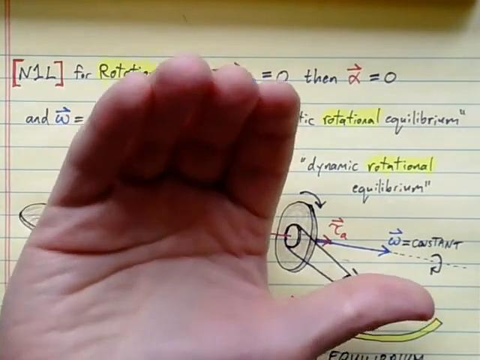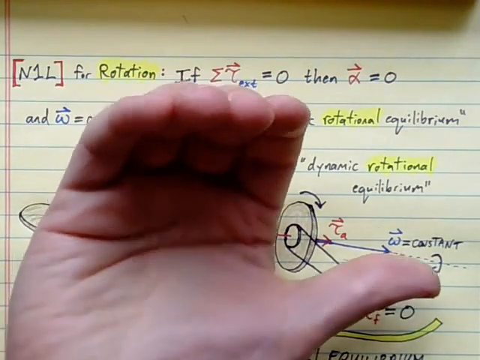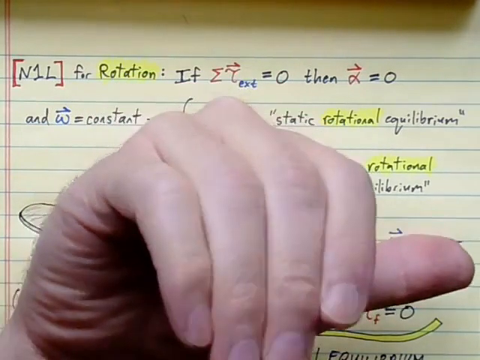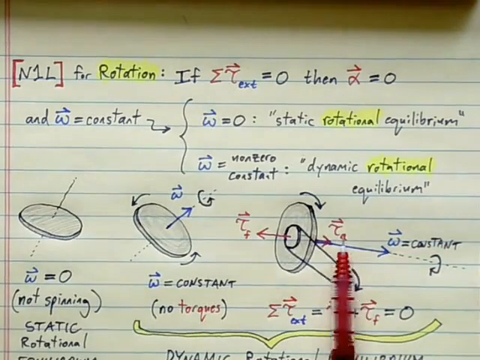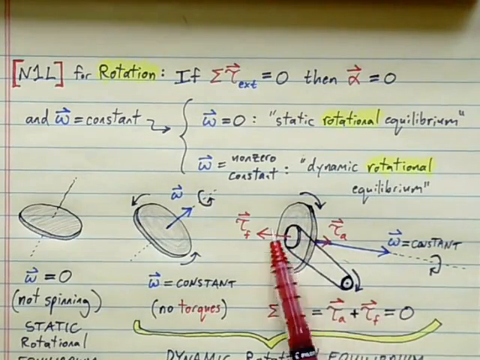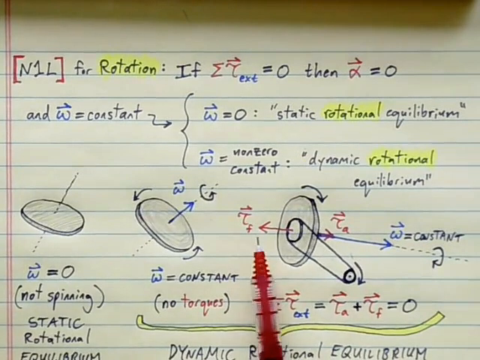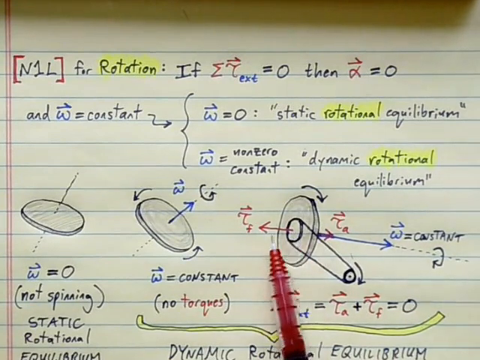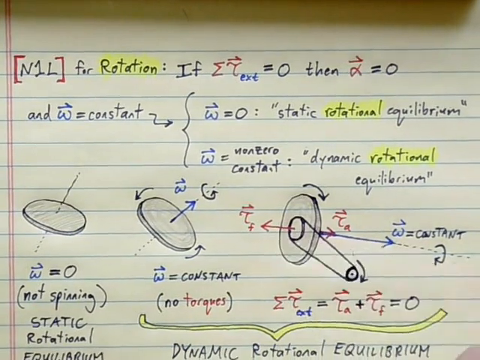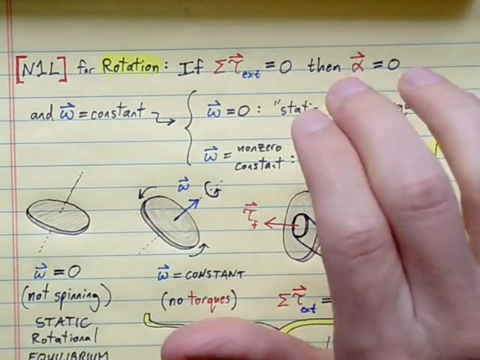That torque is tending to increase the angular velocity that causes a rotation in that direction of my curling fingers. So this torque is trying to increase omega. The turning belt here is trying to speed that disk up. But here I've indicated that there is also a frictional torque on the axis that this disk is spinning about. And that frictional torque pointing that way, put your thumb with that frictional torque,